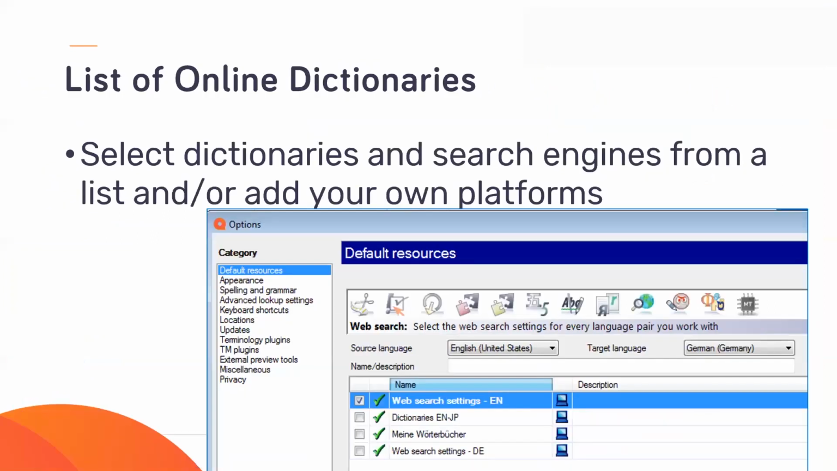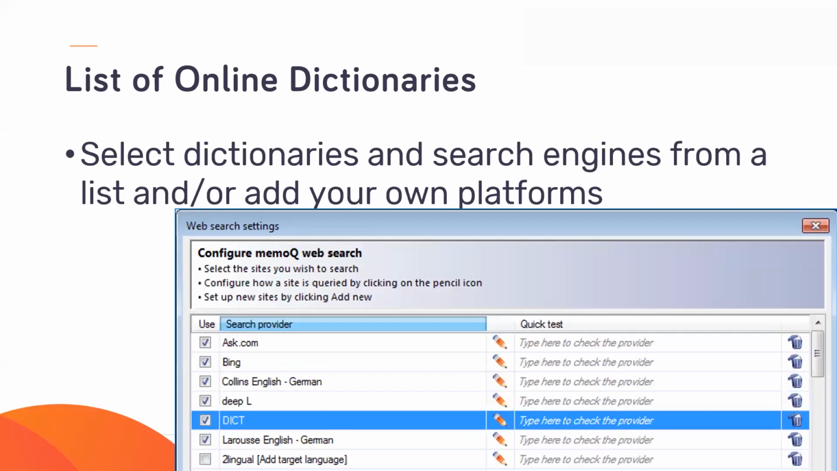So what would you do there? You would have lists of dictionaries and search engines that you would like to use for certain language pairs, for example. I have set something up here for translations from English into German. My list is called Web Search Settings EN because I do the terminology research in English for the English terms in the source sentences. And if I go inside that list, I can see that I have selected several already